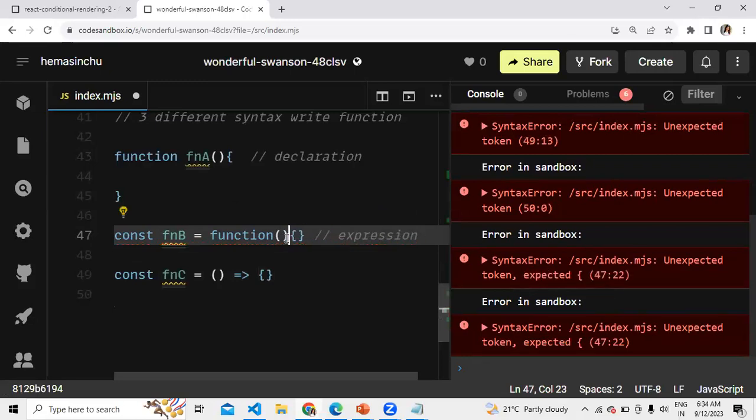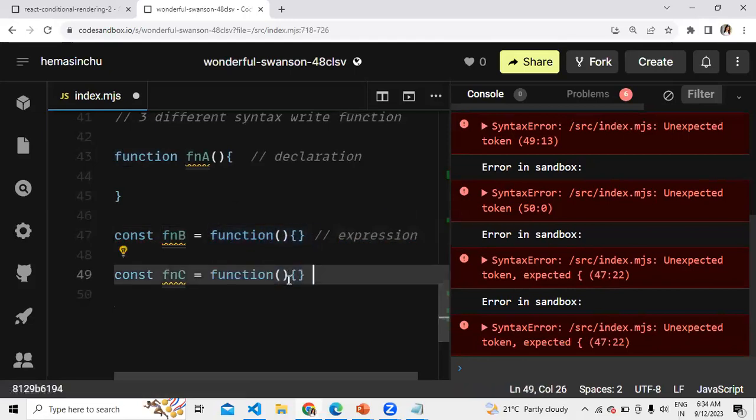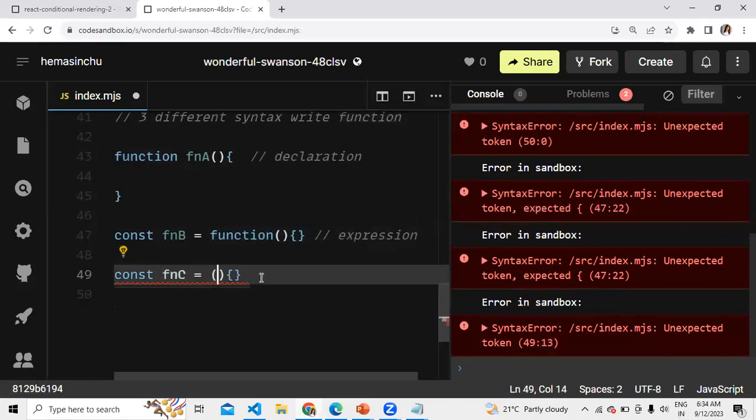That's how the syntax is. So we can take this syntax, remove this keyword, and introduce an arrow between these two. This particular syntax is called arrow function.